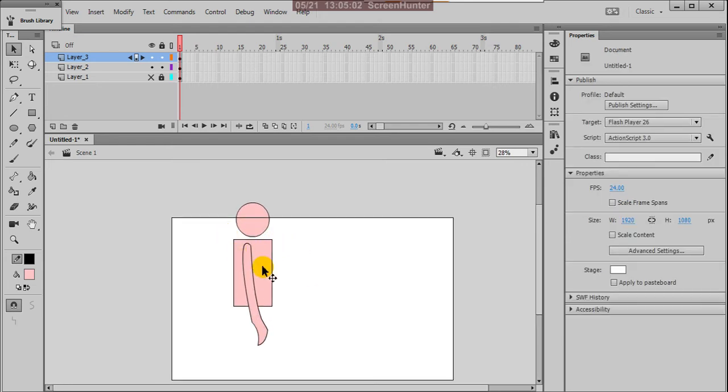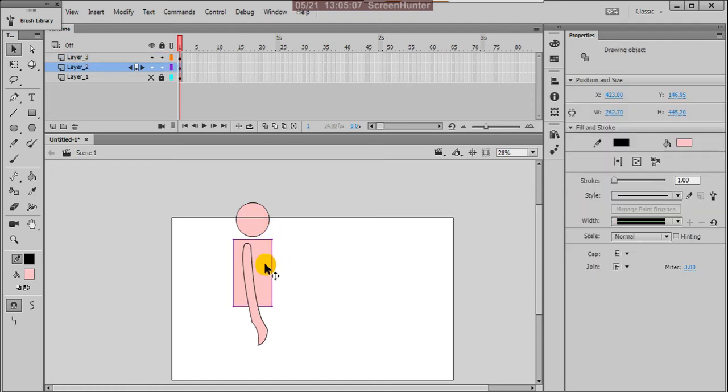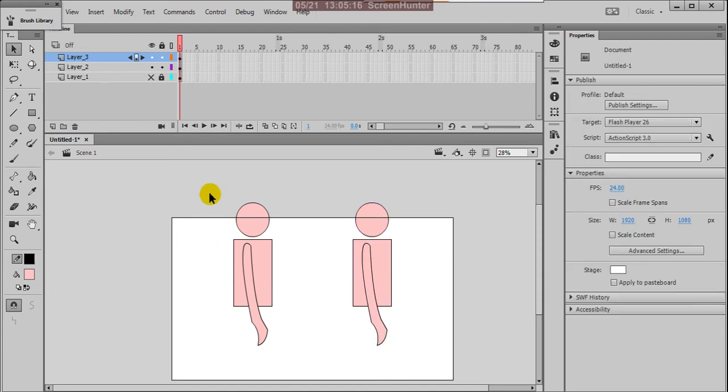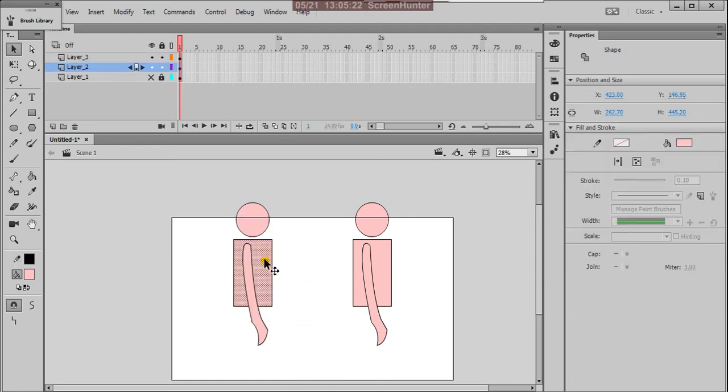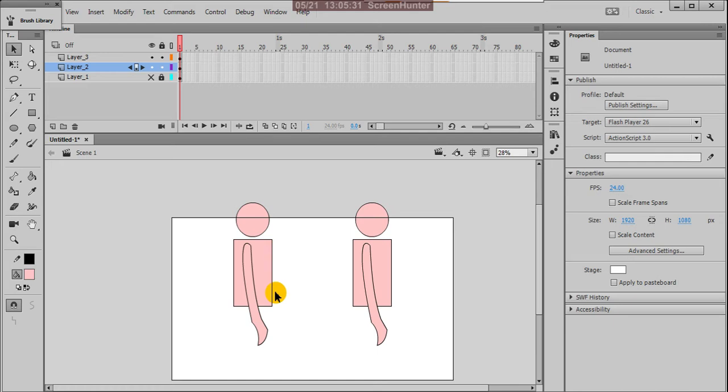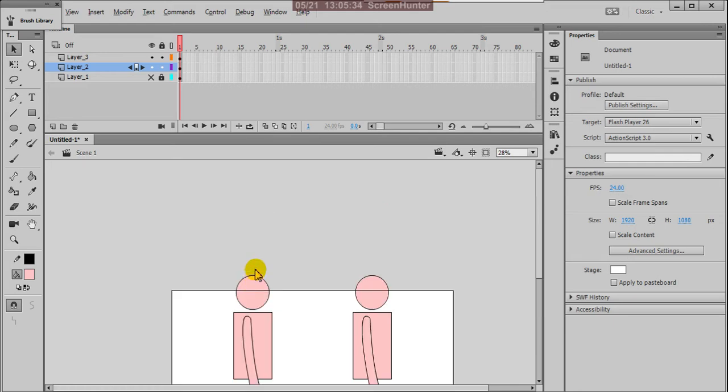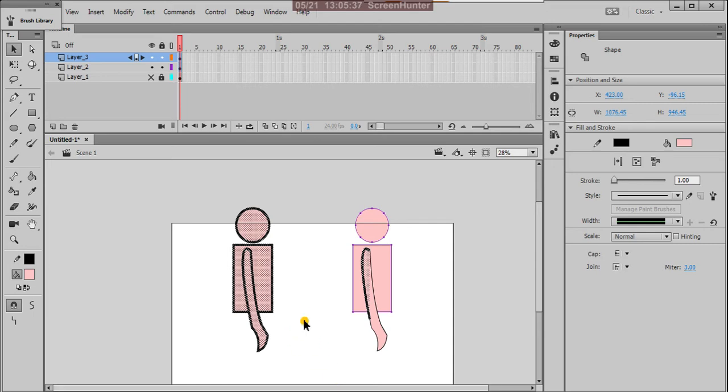These are in merge drawing mode, and this is in object drawing mode. Suppose I want to animate this hand, but all the parts are merged with each other, because the body, head and overlapped hand are all placed in one layer only.